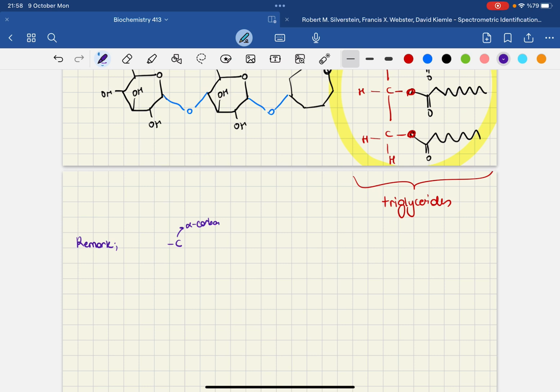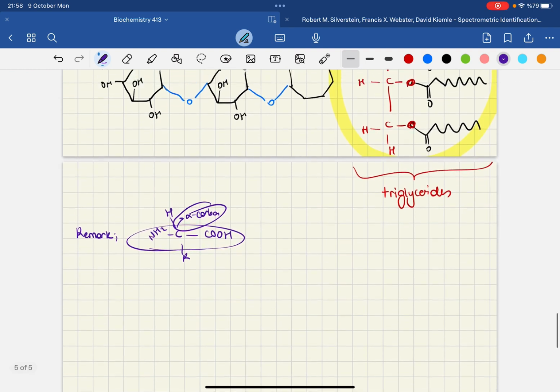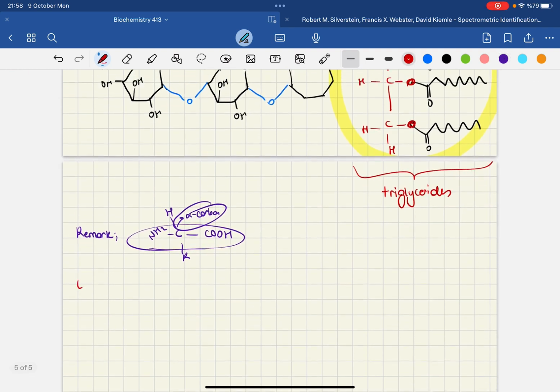the amino acids have the same amino group. We have the amino group over here, and then we have the carboxyl group, and then we have the R, we have the H over here, and this is the alpha carbon, and as we can see, this is always the case. However, we have one exception, which is gamma aminobutyric acid, which can be abbreviated as GABA. Now, why is this an exception? Let me write it here, the name of this, gamma